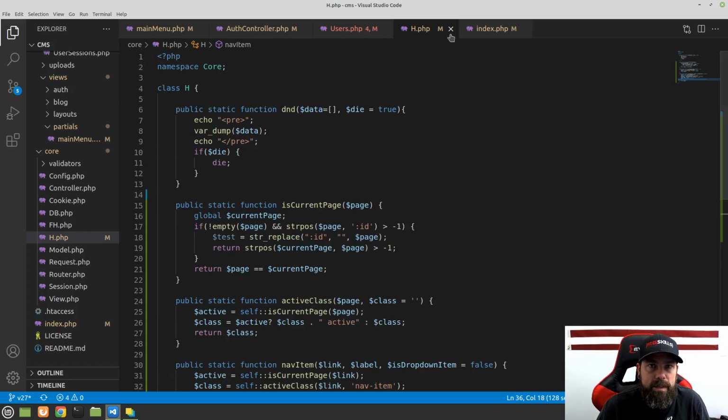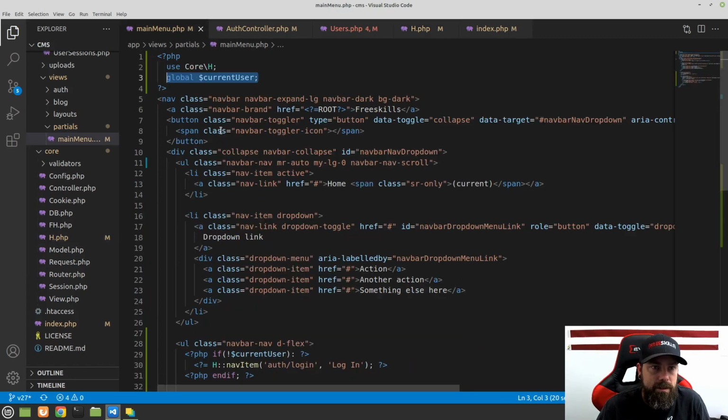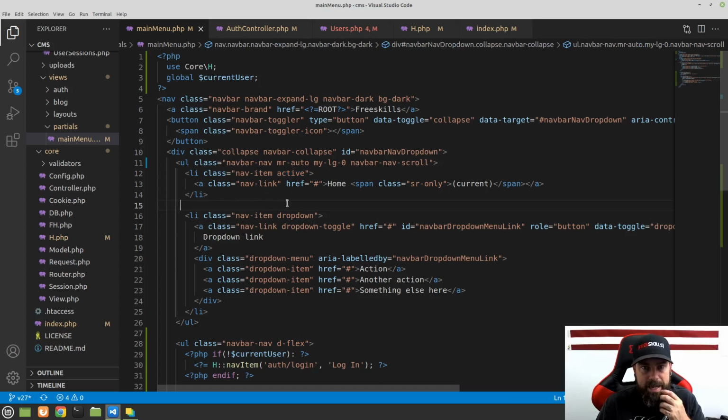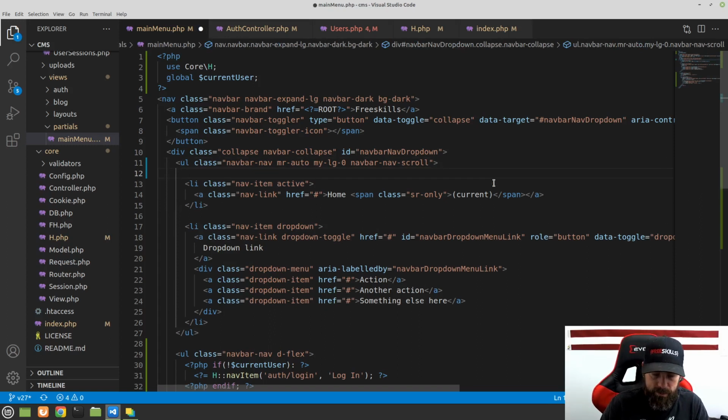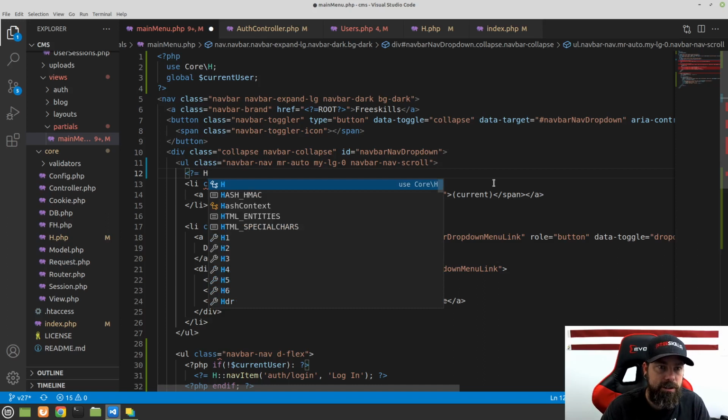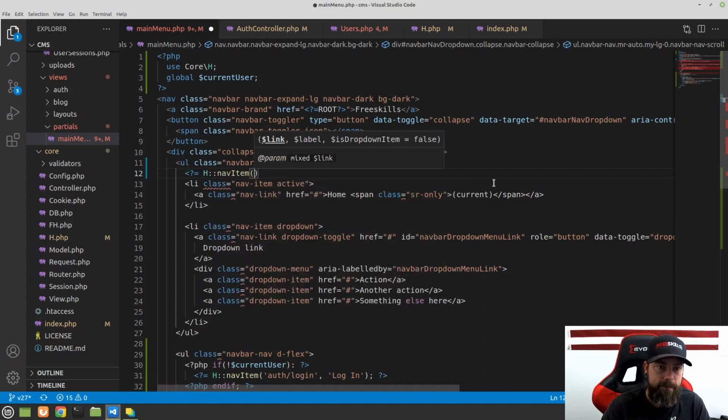Now, if you look at our main menu, we have hard-coded this home. So this right now is set to active, so that shows up, but we'll go ahead and solve that. In fact, what we could do here, just to set our minds at ease, is do another H nav item, and then we'll just pass in for home, we're going to do blog index, and then it will be home here,